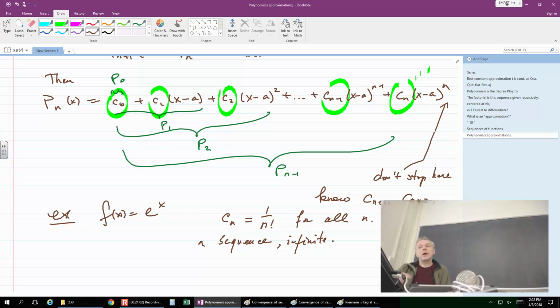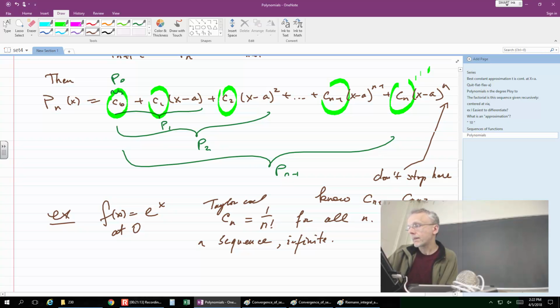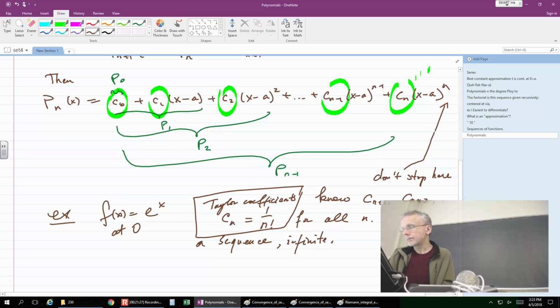The sequence of, this is x0, sequence of Taylor coefficients. So these are Taylor coefficients. It's a sequence. Okay, so then we can study that sequence. As you can see, in this particular case, the sequence actually converges to 0. Well, if we care, Cn goes to 0. But we don't really care about that much, because our interest is over there,